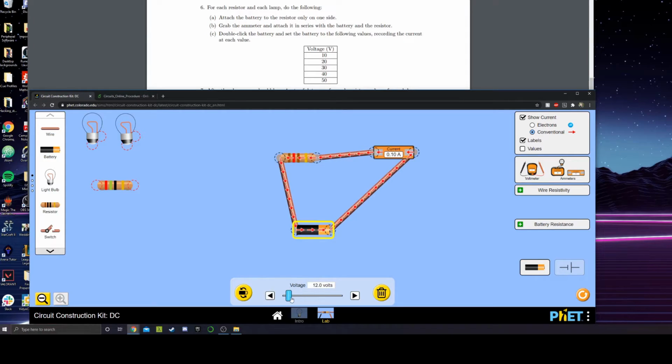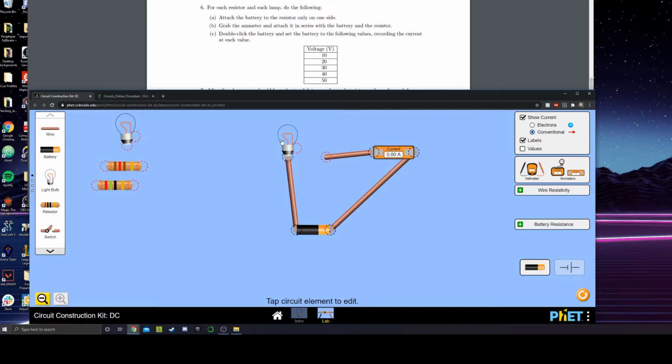Go back down to 10 volts. All right, so for 10 volts, we're getting about 0.08 amps for the second resistor. At 20 volts, we get about 0.17 amps. At 30 volts, we're getting 0.25 amps. At 40 volts, we're getting 0.33 amps. And at 50 volts, we're getting 0.42 amps. So go ahead and mark those down,